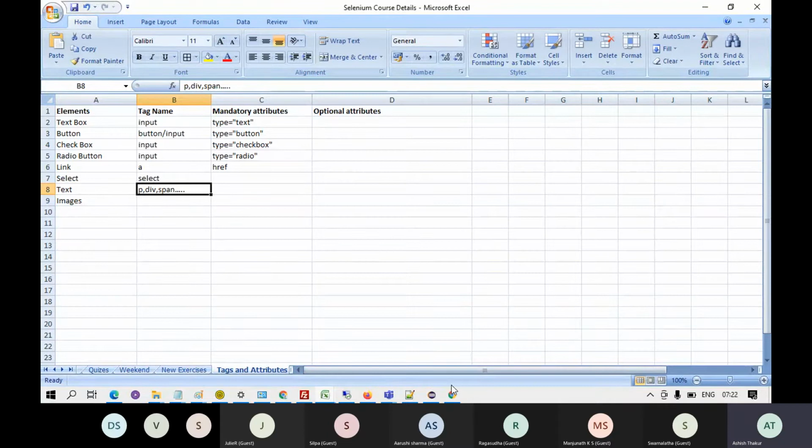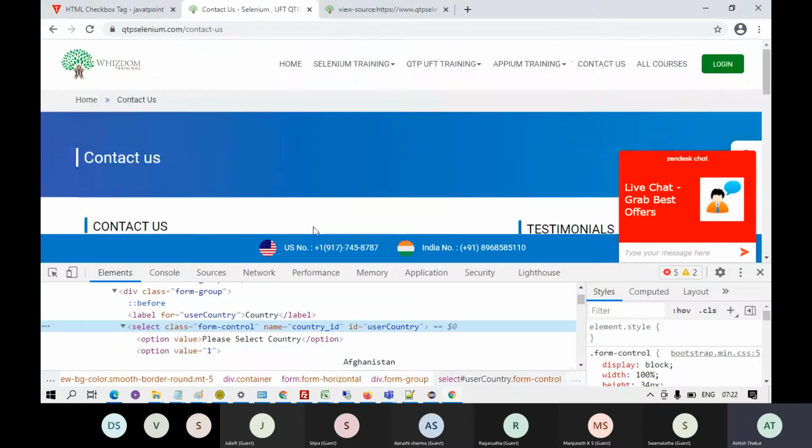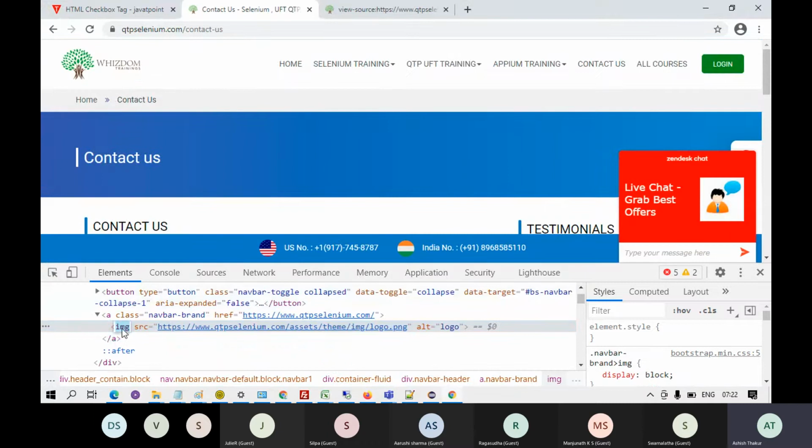For the images on the website, if there is some image like this, the image starts with the img tag, and the source attribute holds the URL from where the image will be loaded.